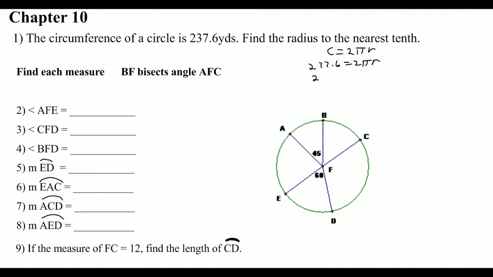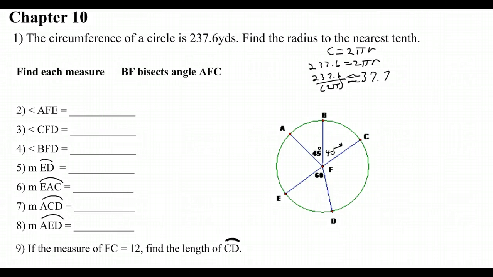And so we take 237.6 and divide it by 2 pi. Remember, if you're using a calculator, don't forget to put that in parentheses or you will get it wrong. So that's approximately 37.7. Find each measure. It tells us that BF bisects angle AFC, so we automatically know that this is 45